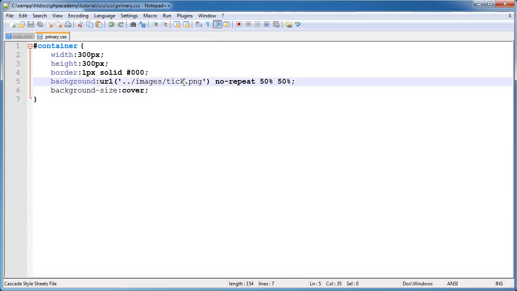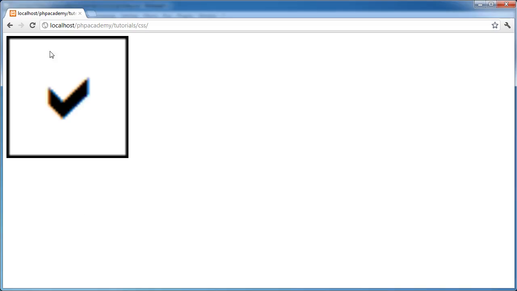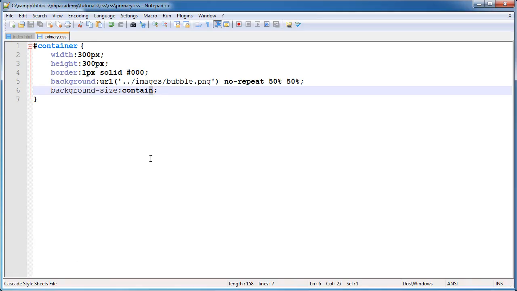We might actually be able to use this with the bubble PNG. So if I say contain, the bubble PNG is not a specific height and the same height and width. When I go ahead and refresh, you can see that that's been contained within. Everything's still shown in there. If I say cover,